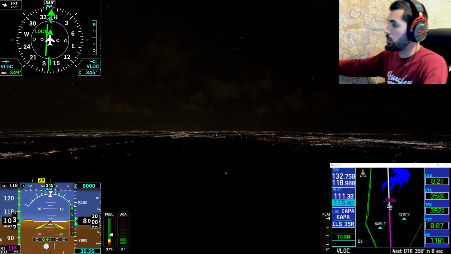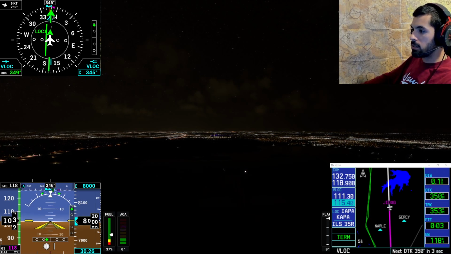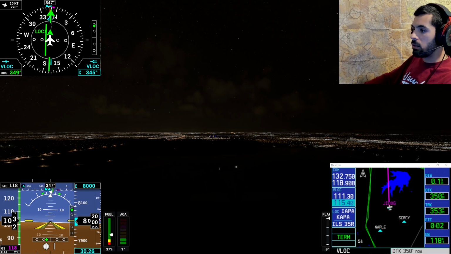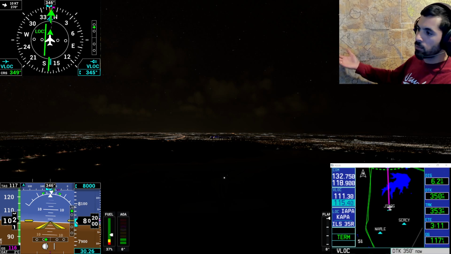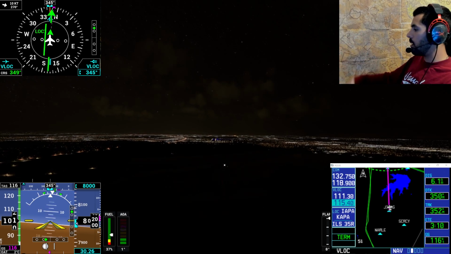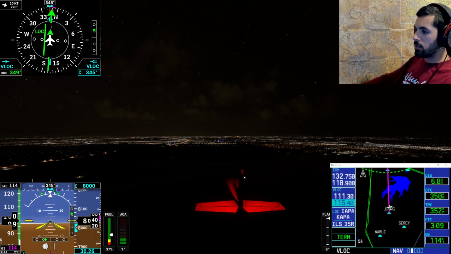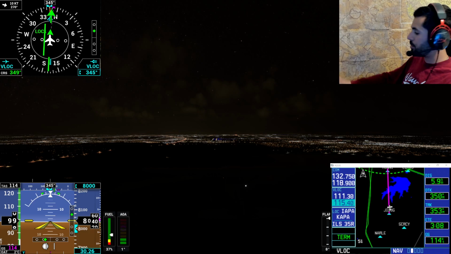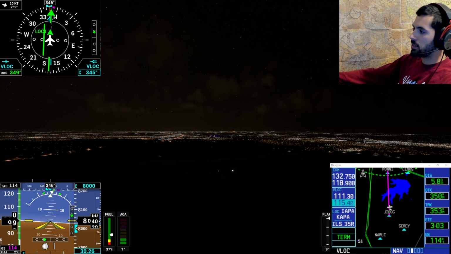My final approach course is 350, and at this point, the glide slope should be very much in the middle. Now, I'm not going to blame Microsoft Flight Simulator, but we're going to maintain 8,000 until we actually have that glide slope established. Now, what I'm going to do once that's established and I want to start a descent,